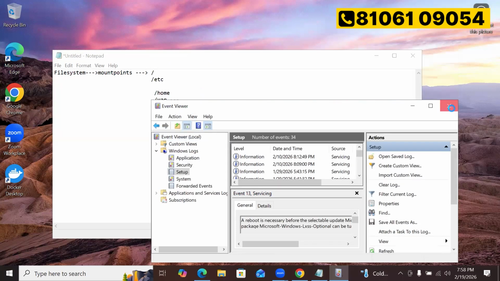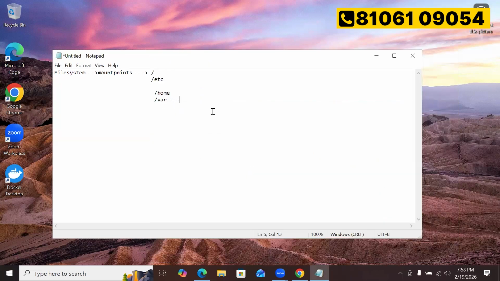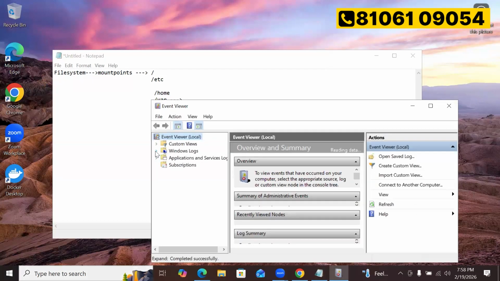In the same way, in the Linux operating system, anything related to logs could be application logs. In Windows, we have different logs like application logs, security logs, setup logs, system logs and OS logs.